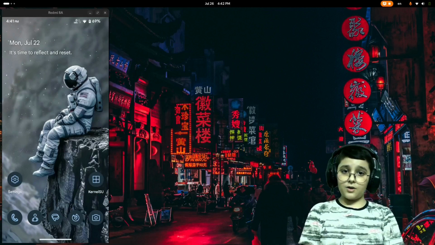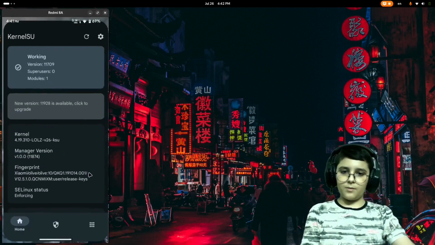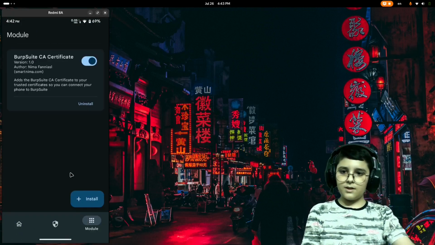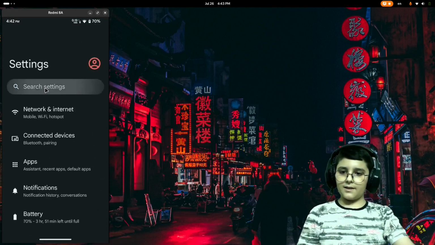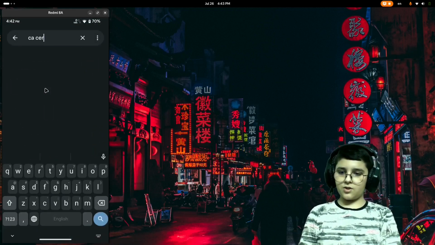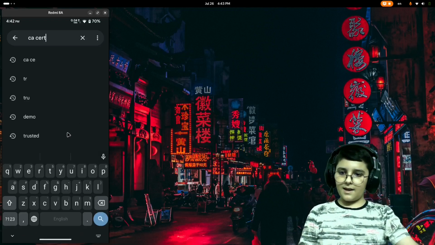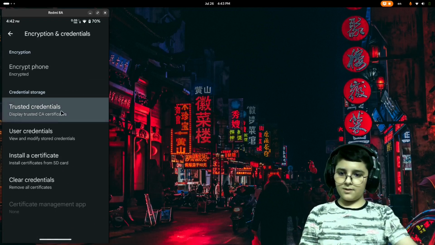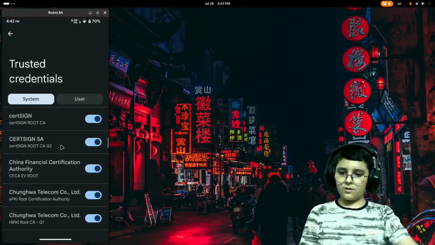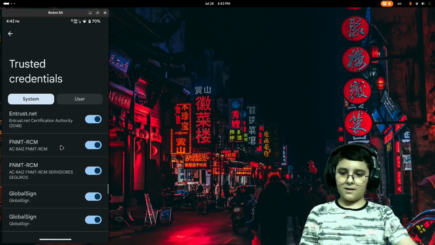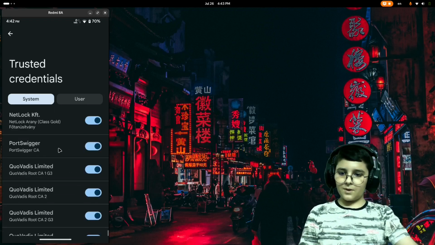Okay, the phone is booted now. We'll open up KernelSU again and go to modules. As you can see, Burp Suite CA certificate is installed here. Now if we leave, go to settings and search again for CA certificate, and trusted credentials here, in the system part, we can scroll and find PortSwigger. Okay, here it is. As you can see, the Burp Suite CA certificate is installed here as system